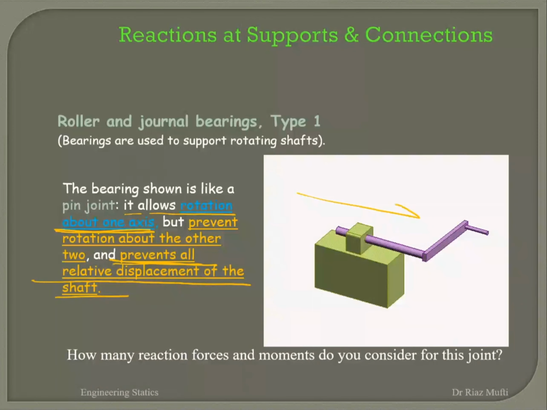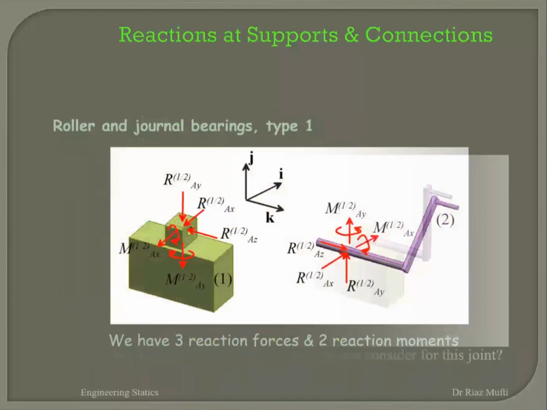I want to move the shaft in this direction, and up, down. I cannot do that because of the constraint of this block here. So therefore, it has got only 1 degree of freedom and 5 constraints, so 5 reactive forces. So if I look at the rod, it can rotate only in this direction. So I do not have a reactive moment in that, but I've got the reactive moment in other directions. And it cannot